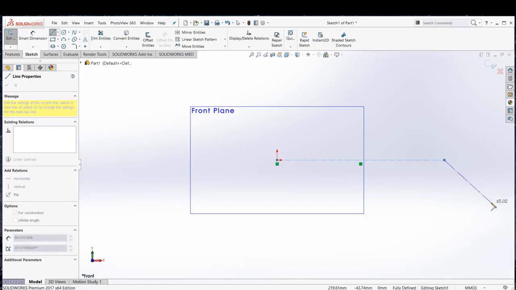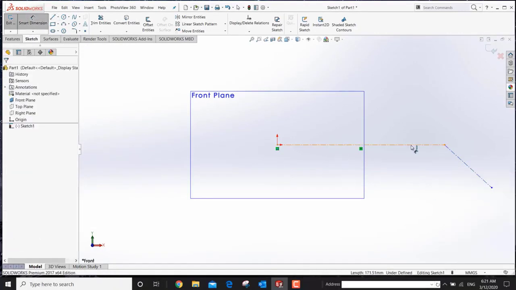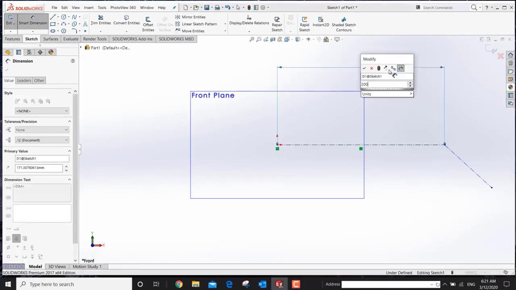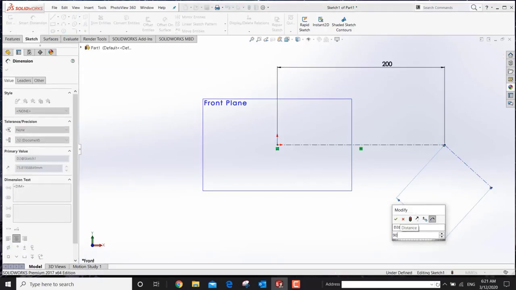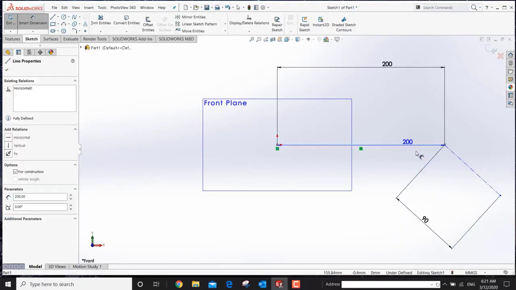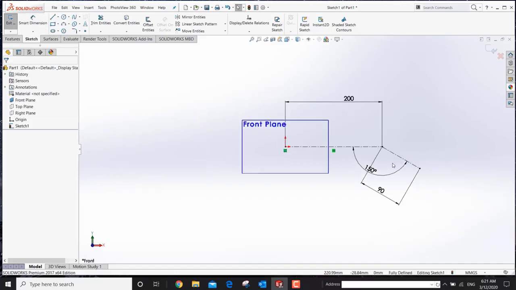Left click and right mouse click, choose Smart Dimension. This line should be 200 millimeters, and this line should be 90 millimeters. The angle between these two lines should be 150 degrees. Click OK. Click on the plane, adjust the size a little bit,